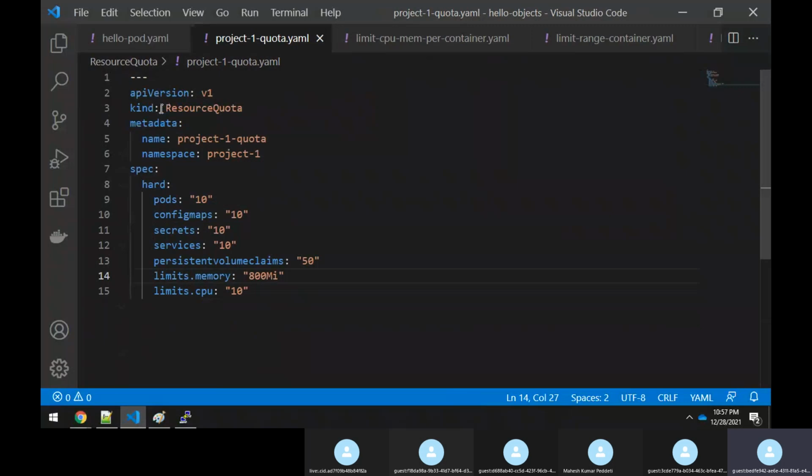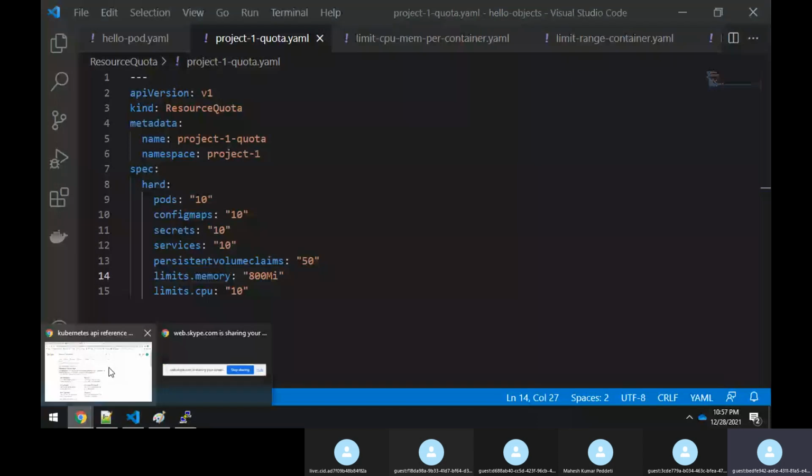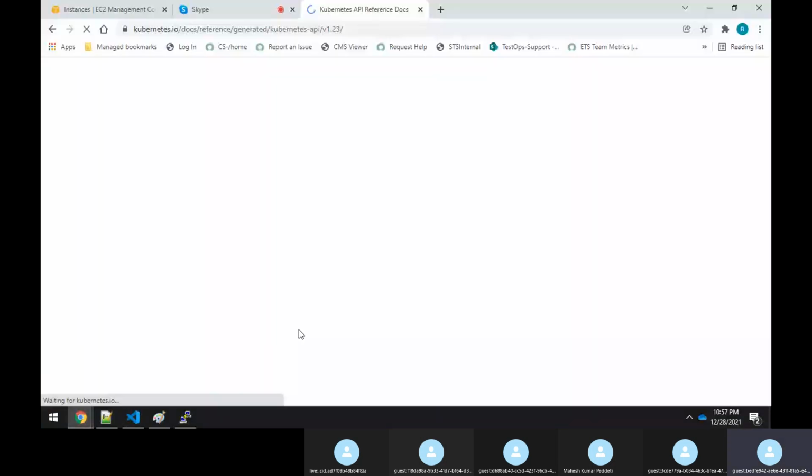Now what I'm doing, I want to set a label now. So to set a label, same thing. What I have to do is go to the API reference. Again, I have to go to the one page API reference. This you have to go through. Because I want to implement the labels, and the label comes under the pod itself actually. So you have to go to the pod.